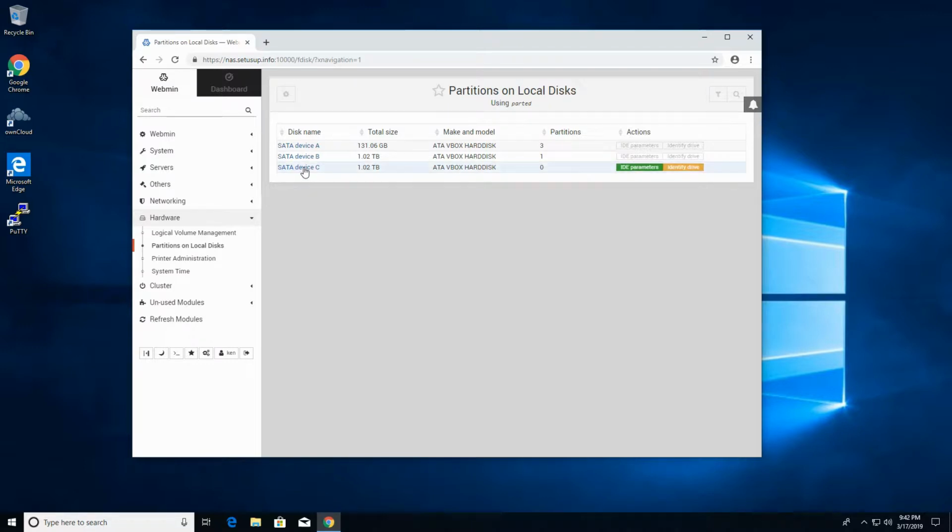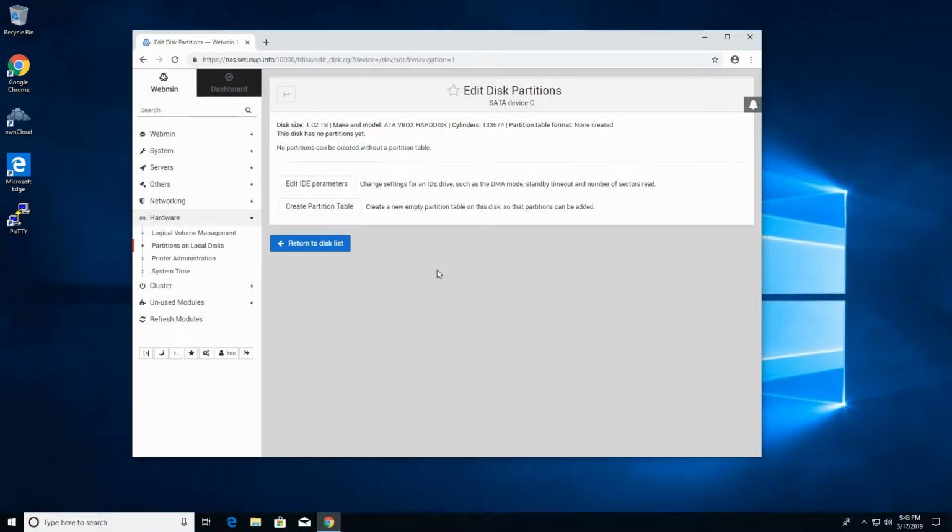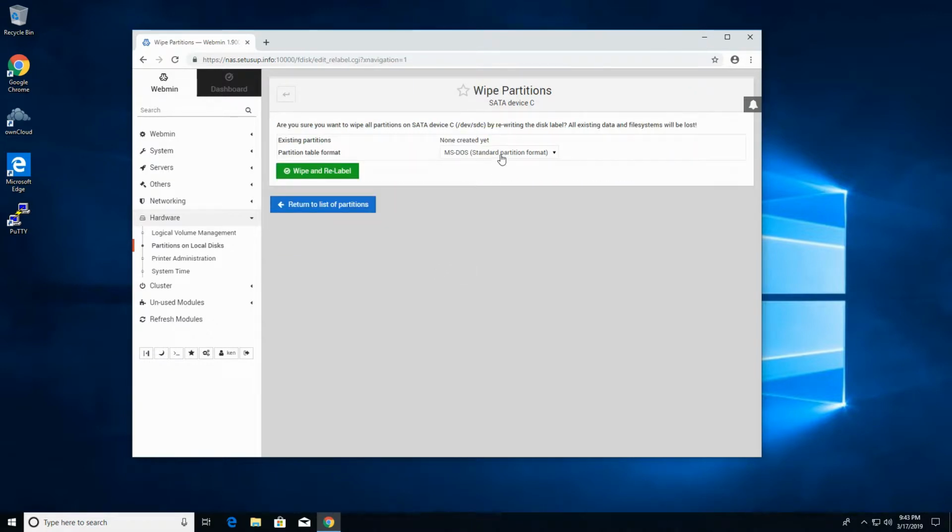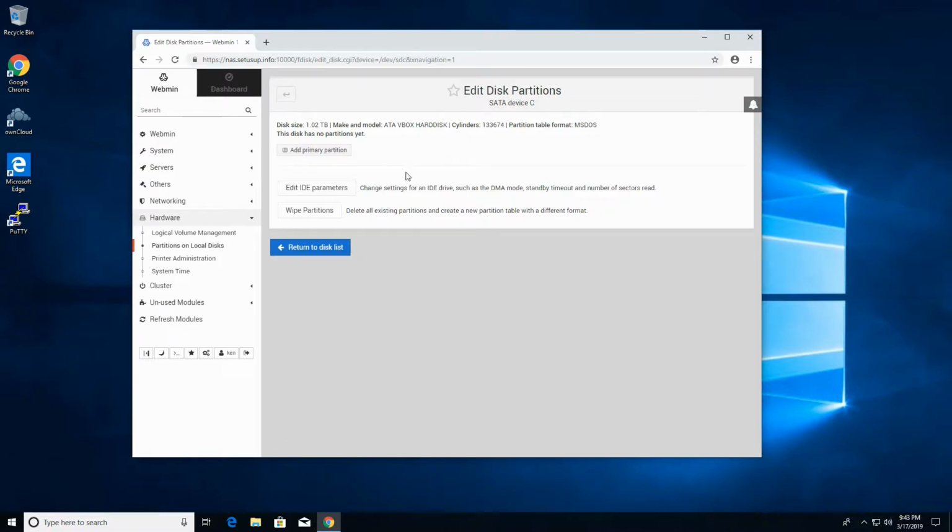So what we need to do is create a partition table on this drive. And it's easy as create the table. It needs to know the format. If it's a larger disk, we would use GPT. Otherwise, we'll just use DOS. None of these others apply. So we'll wipe it, relabel it, done. So I don't think we need to add a partition, but we'll find out. Let's go back to